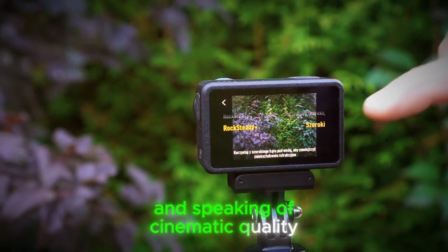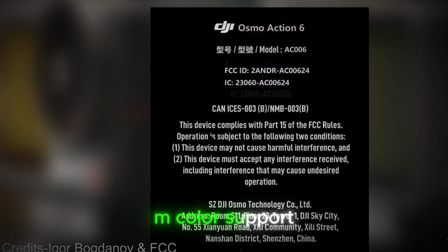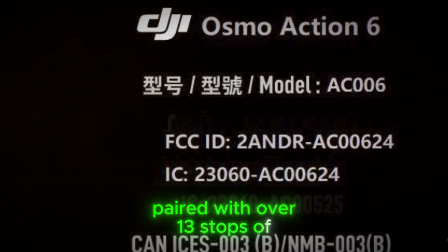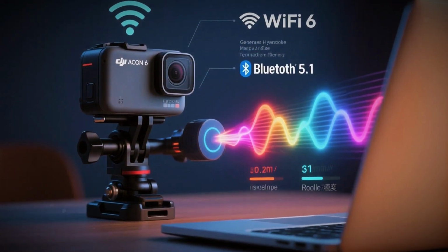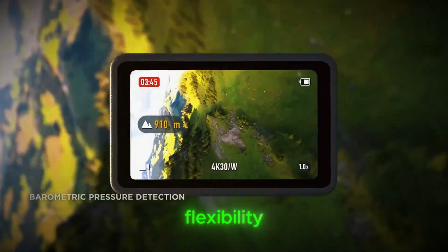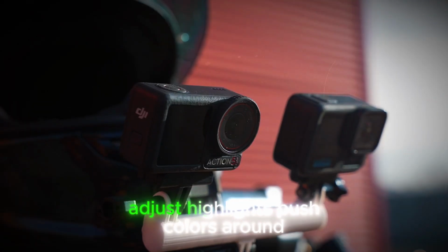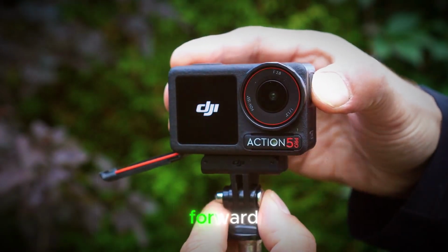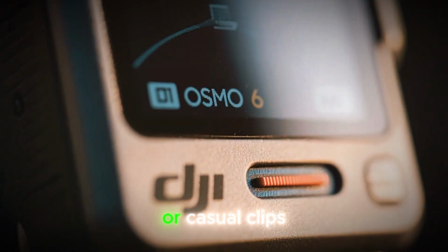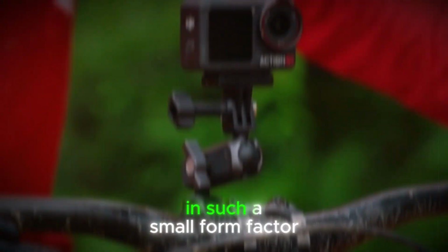And speaking of cinematic quality, leaks suggest the Osmo Action 6 might come with 10-bit D-Log M color support, paired with over 13 stops of dynamic range. That might sound like technical jargon to some viewers, but what it really means is that this camera won't just capture footage. It will capture footage with serious flexibility for color grading and post-production. Imagine being able to pull shadows, adjust highlights, push colors around just like you could with a professional mirrorless camera. That's a big step forward for creators who want more than just quick vlogs or casual clips. It's the kind of feature that professional filmmakers and YouTubers dream of having in such a small form factor,